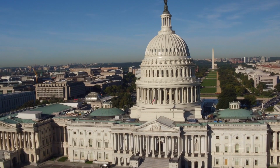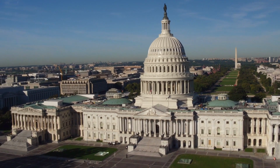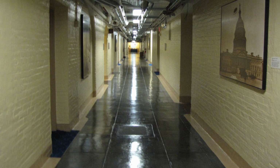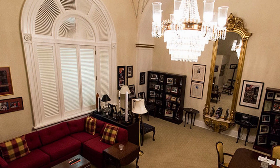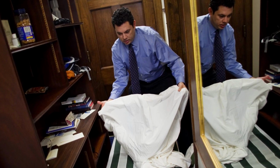Spread across every floor in the Capitol are a number of offices that are known as hideaways. The offices are assigned out to members of the Senate based on seniority, with the lowest ranking senators being assigned the small, dark basement offices. The most senior ranking senators get large offices with, wait for it, windows. There are over 100 of these offices where senators are free to relax, enjoy some private time, work, and of